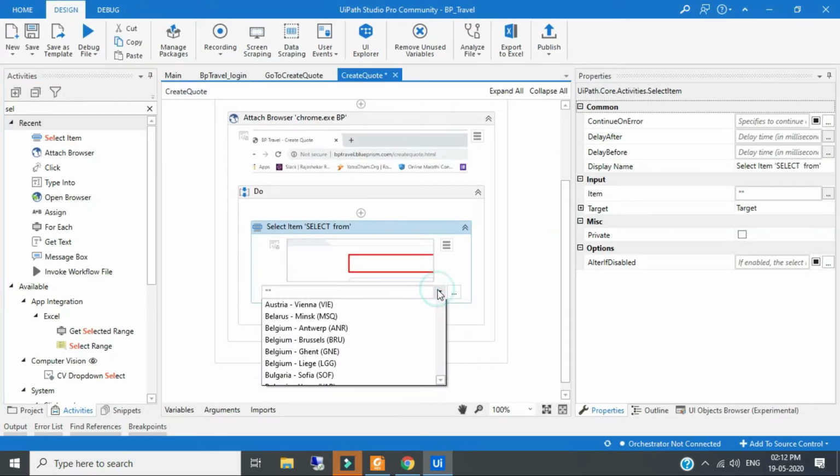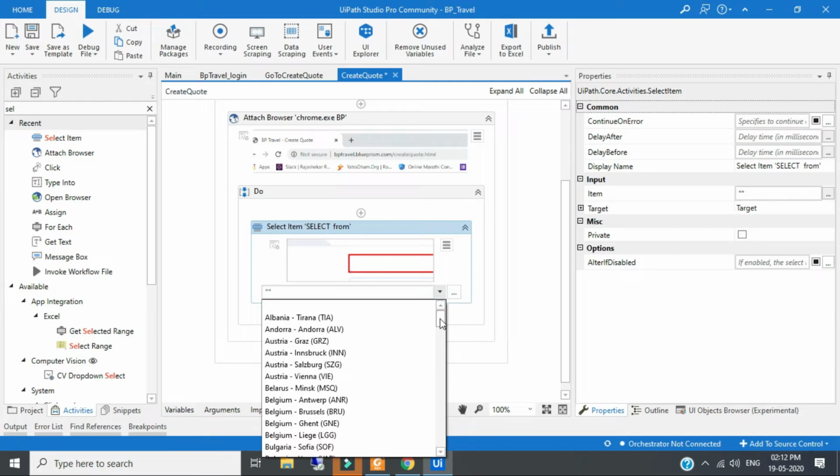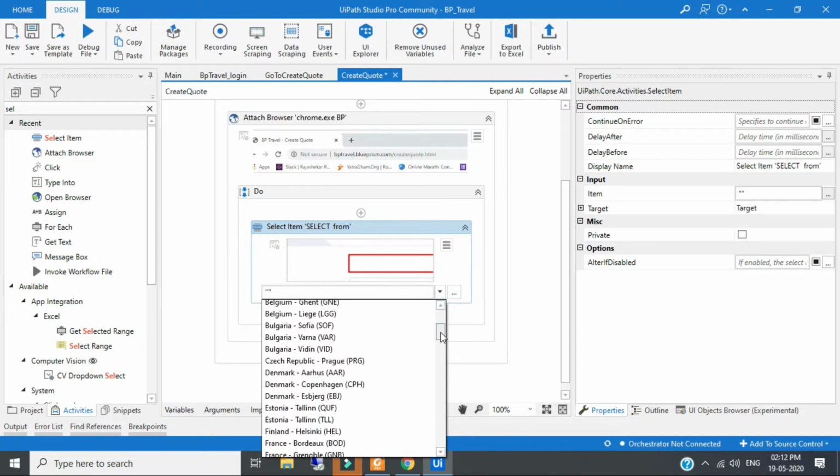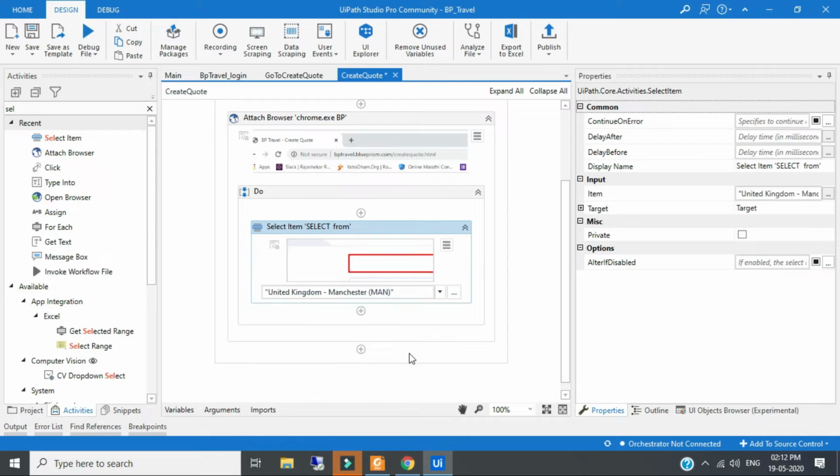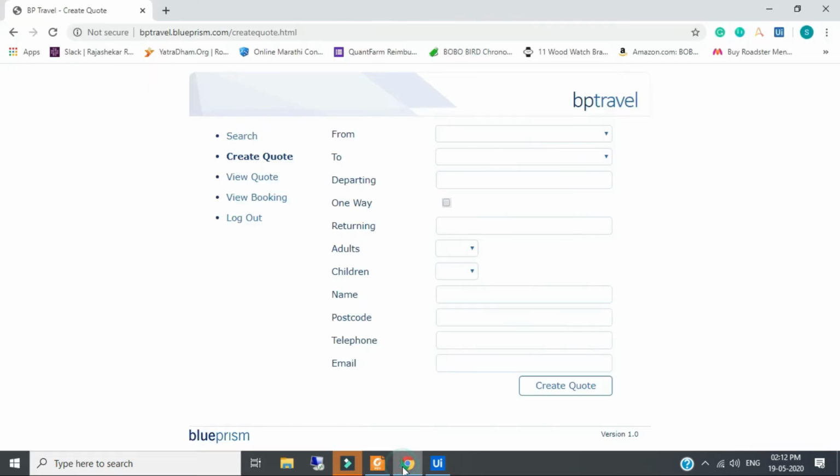As you see, all the options are present. So I will choose Manchester, UK Manchester.